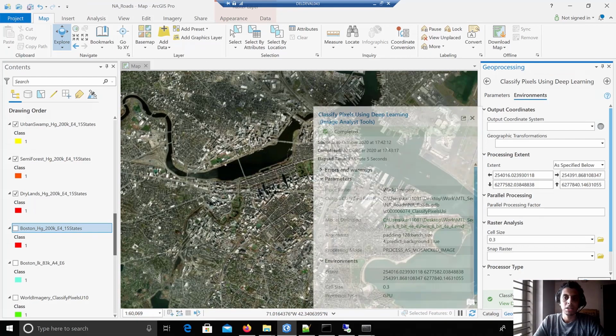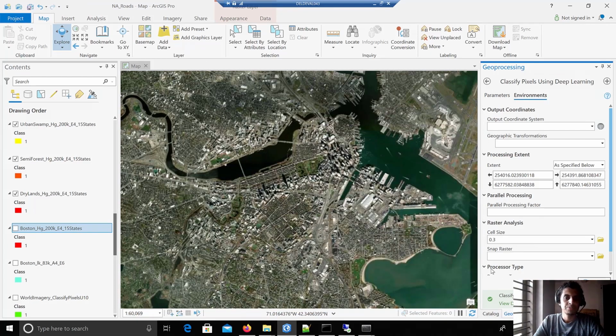And then finally we run the GP tool. Since it takes a while to run, I have already done this. I've already inferred the model on Boston city, and here are the results. As we can see, the model has done exceedingly well in annotating the roads for us.